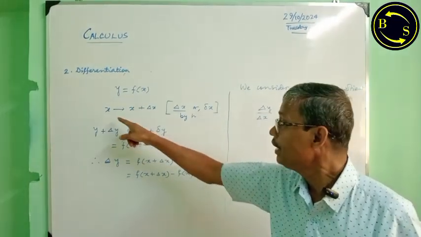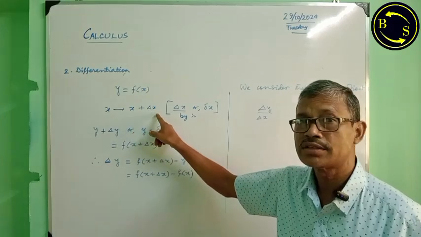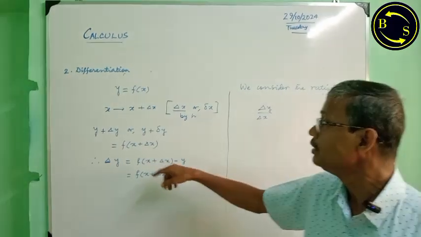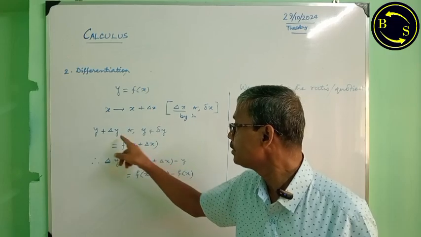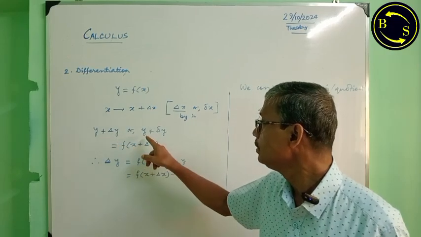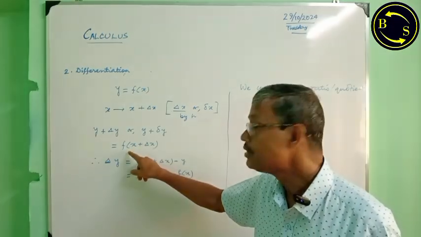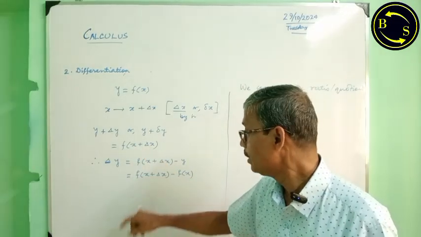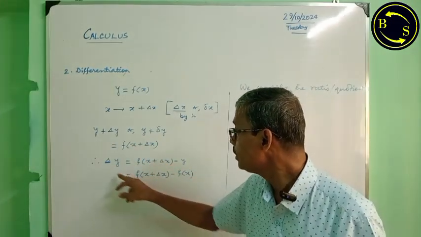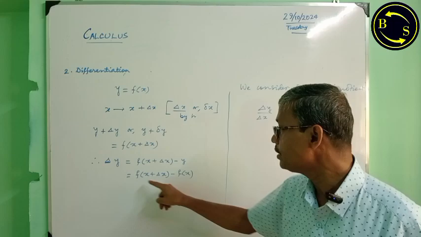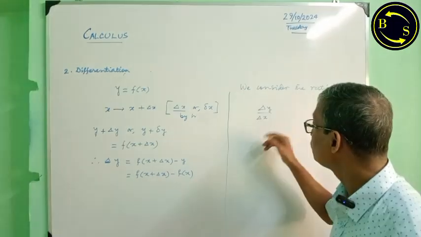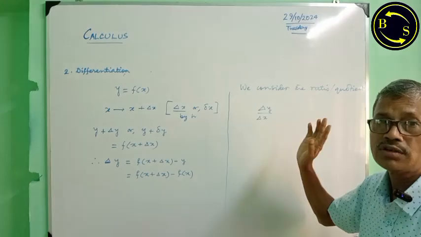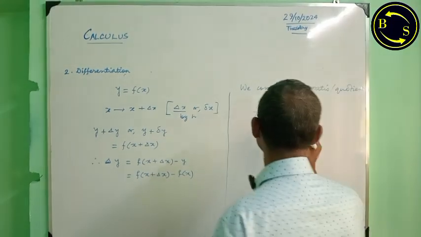I repeat, x changes to x plus delta x, the corresponding value of y, or f(x), is y plus delta y, that means f of x plus delta x. From this, delta y is f of x plus delta x minus y, that is f of x plus delta x minus f(x). Now we consider this ratio or this quotient, then it will be